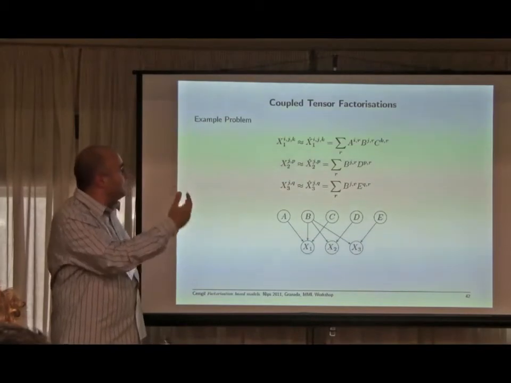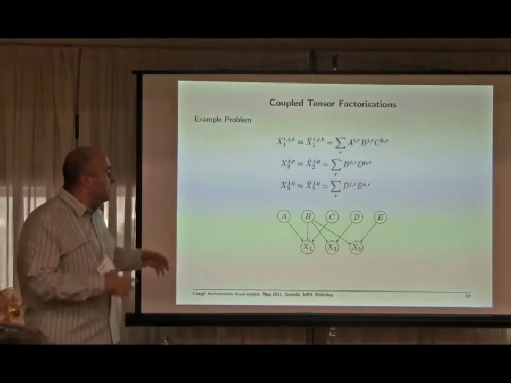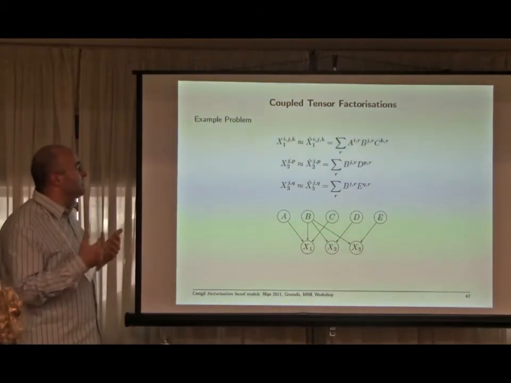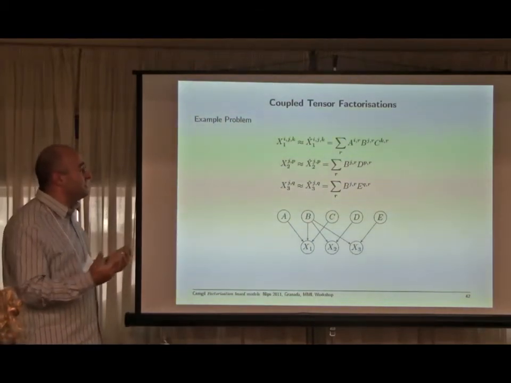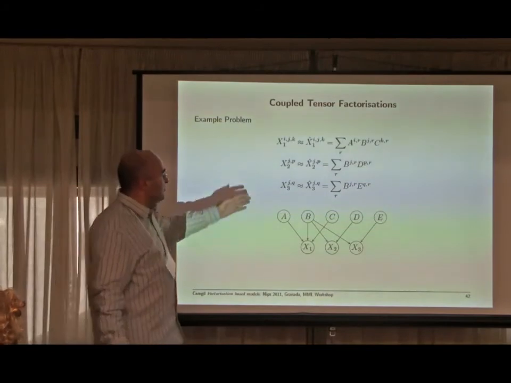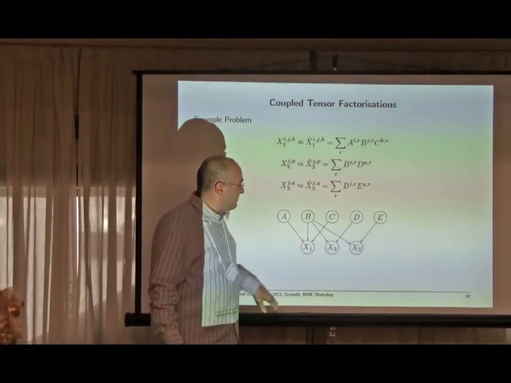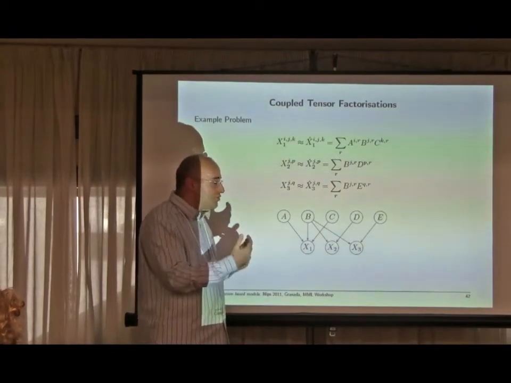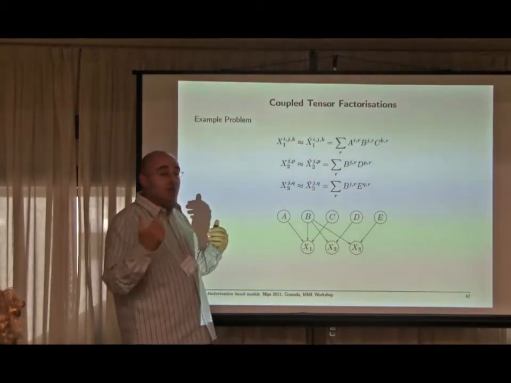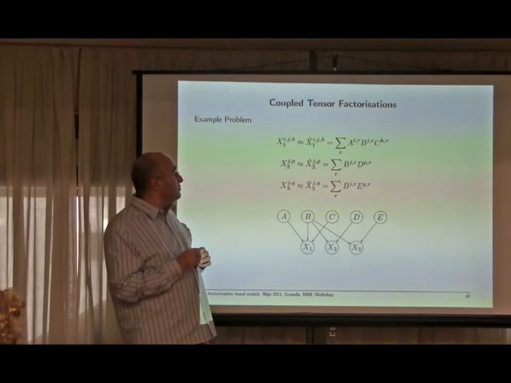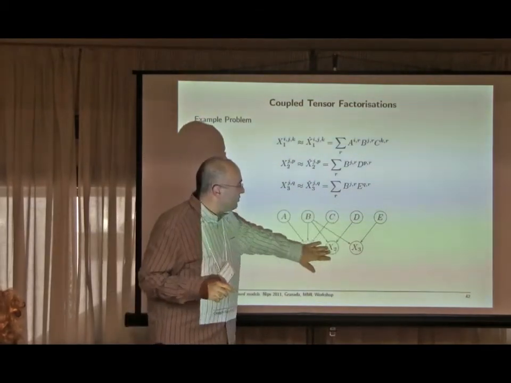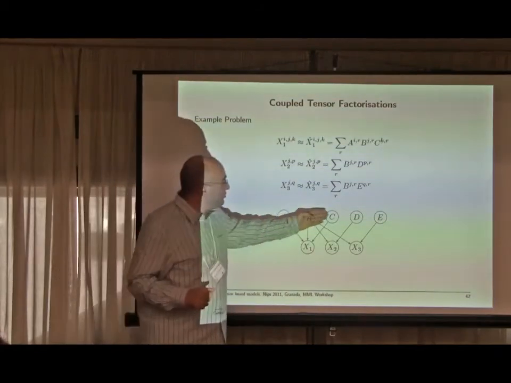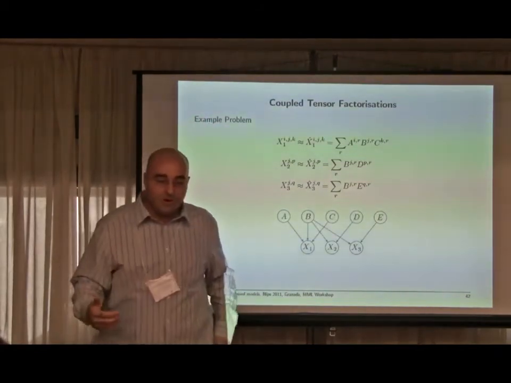Now this particular framework can be generalized in a convenient way to factorizing several tensors at the same time. So here the problem is slightly different. Suppose you observe several things. Those can be, in some sense, information which is complementing each other, similar to the NMF problem I showed you in advance. Here, some of the factors are shared. So you can now ask, how do I compute these individual factors? And for that particular problem,